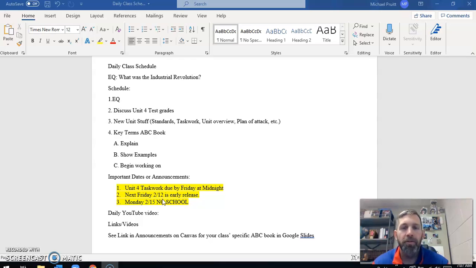So unit number 5 is kind of like an in-betweener unit. We haven't quite gotten to the Roaring Twenties and World War I, if you have me for world history. So what we're looking at are standards number 11, 12, and 13. So we're talking about the growth of industry, the growth of big business, the Industrial Revolution, so on and so on. So that's our standard for today. Our essential question for today: what was the Industrial Revolution?